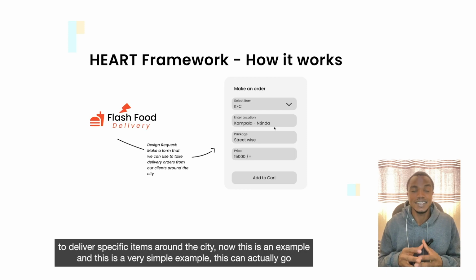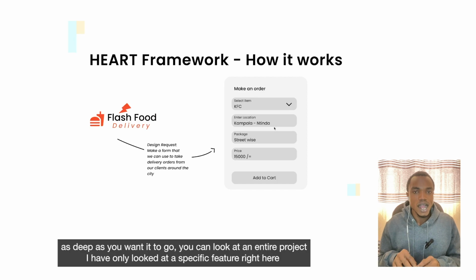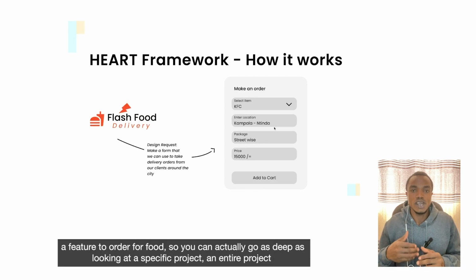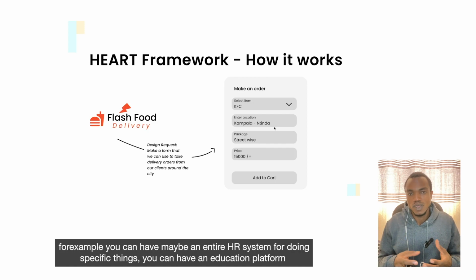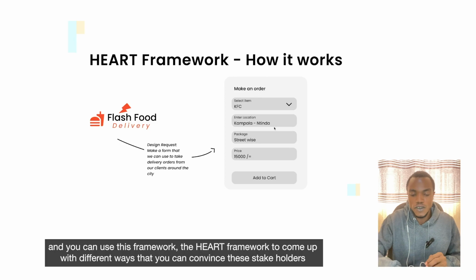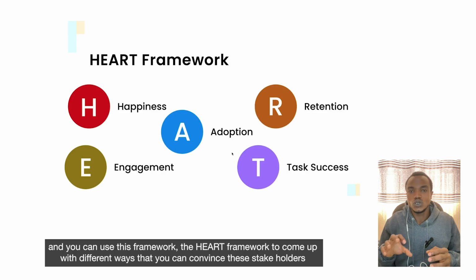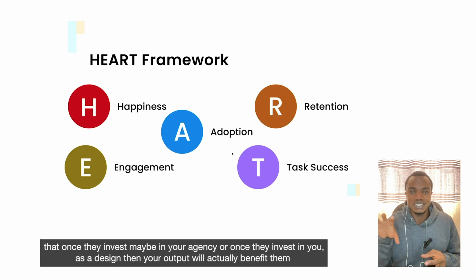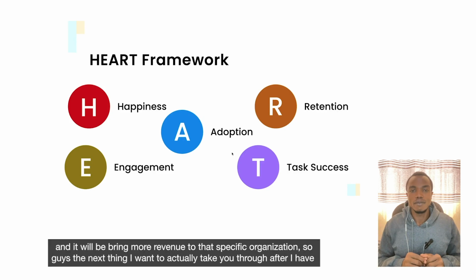Now, this is an example, and this is a very simple example. This can actually go as deep as you want it to go. You can look at an entire project. I've only looked at a specific feature right here, a feature to order for food. So you can actually go as deep as looking at an entire project. For example, you can have an HR system for doing specific things, or an education platform, and you can use this framework, the HEART framework, to come up with different ways that you can convince these stakeholders that once they invest in your agency, or in you as a designer, then your output will actually benefit them,